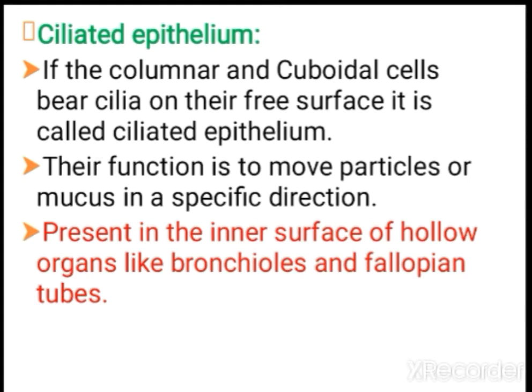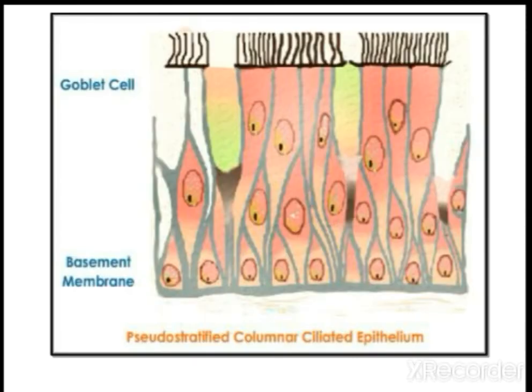Okay. Fallopian tube is the oviduct. So, mainly for the movement of particles, the ciliated epithelium is useful. Can you see the cilia above the ciliated epithelium? It is pseudostratified, columnar and ciliated. Pseudostratified means it looks like stratified, but actually it is not stratified. Why? Because when you observe, all the cells are touching the basement membrane. They can also do secretion. Apart from that, the cilia are also there.